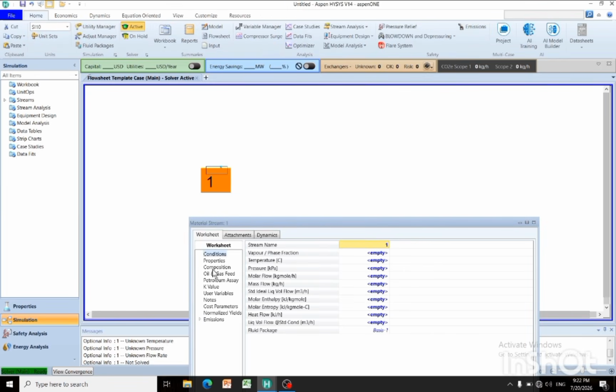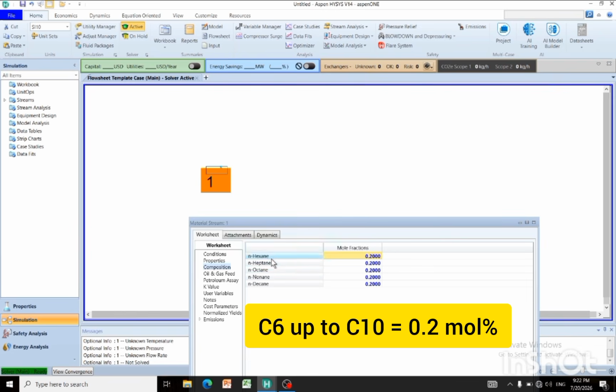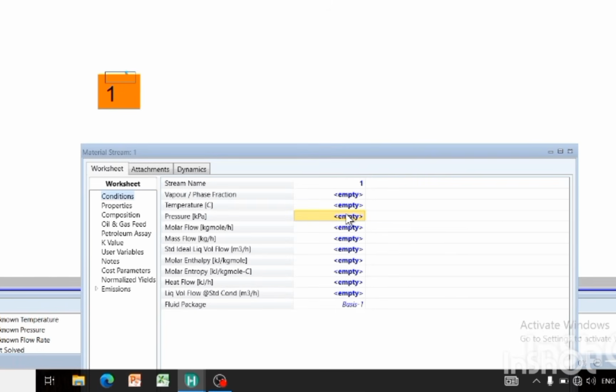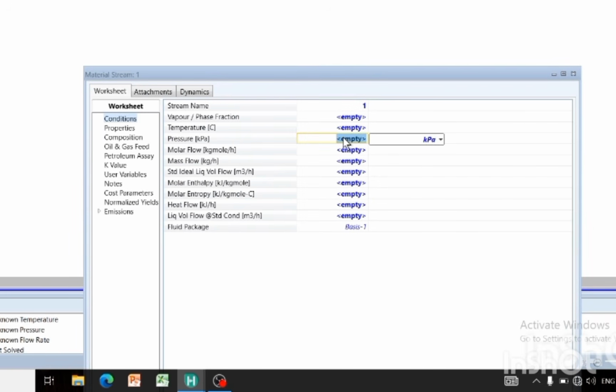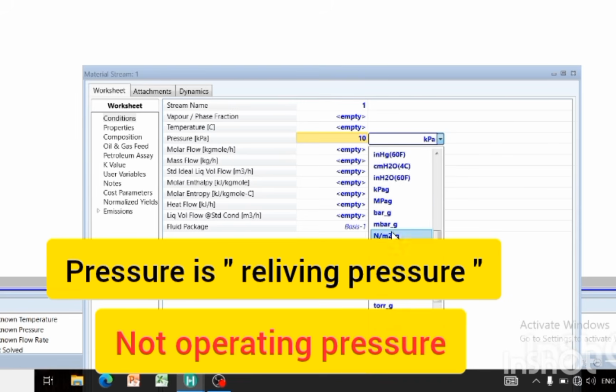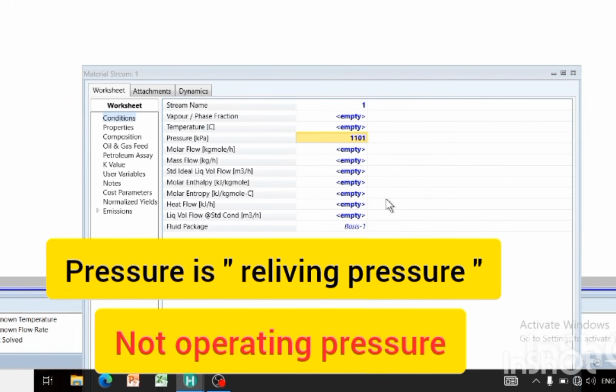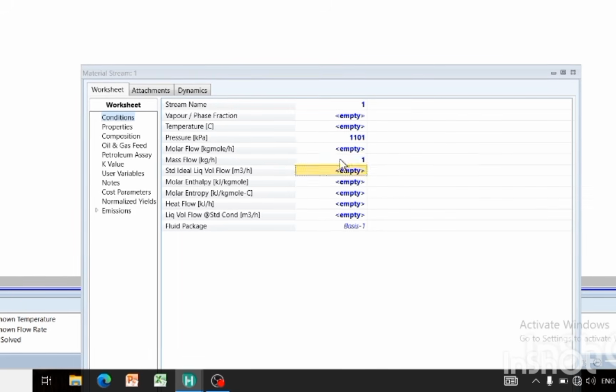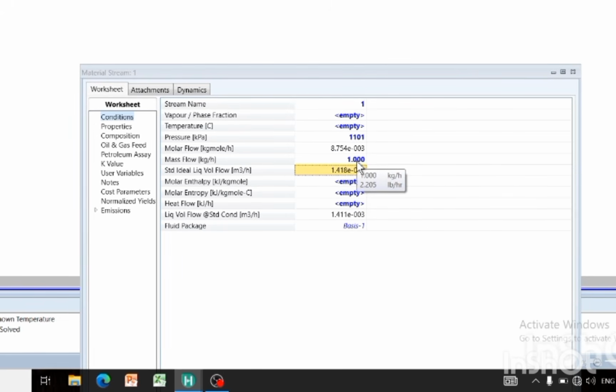Specify the molar composition of each component, whatever your components are, and initially set the pressure, whatever your relieving pressure is. Just specify this value within the pressure cell. Let's consider we have 10 bar gauge as the relieving pressure. Once you set the pressure, for the mass flow rate, I just specify 1 kg per hour. It doesn't really matter what you specify. It doesn't make any changes because I will teach you how to find the latent heat without